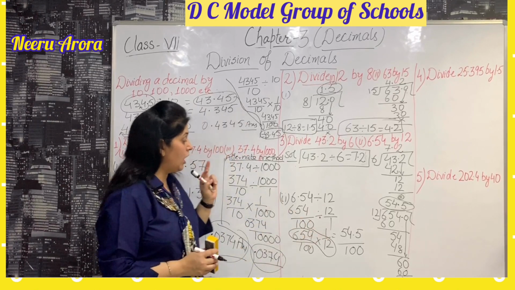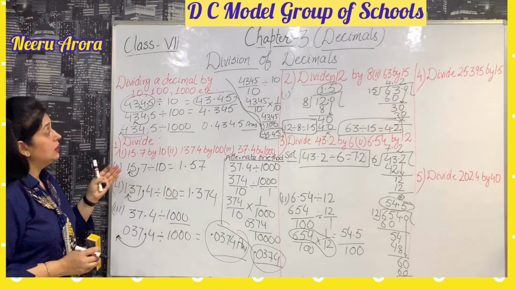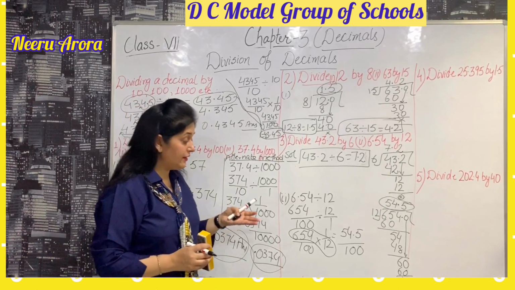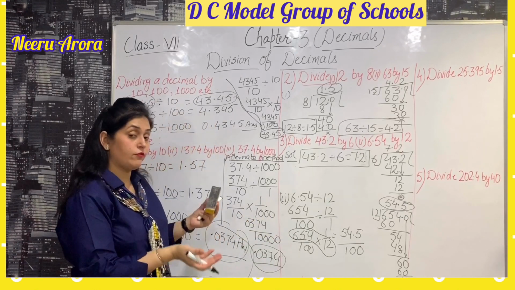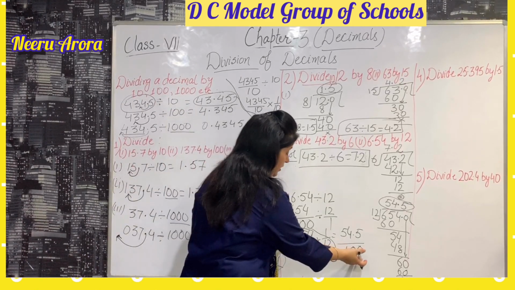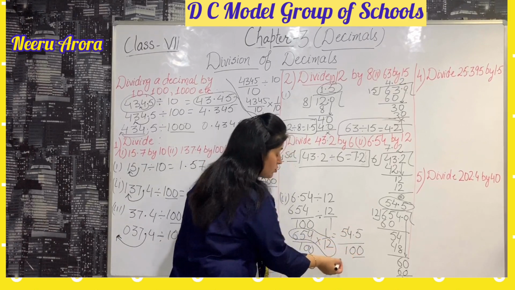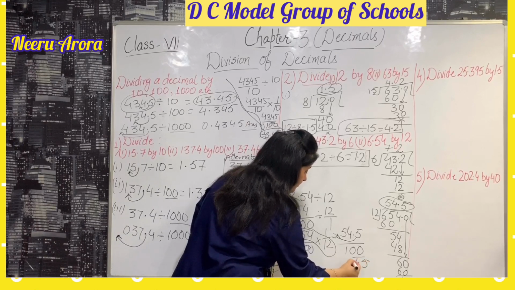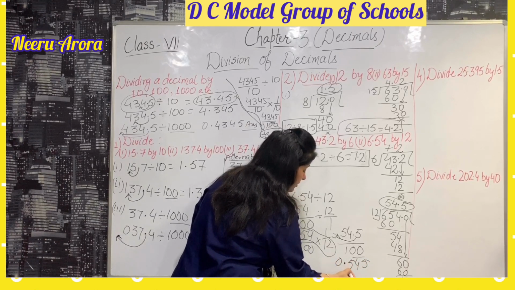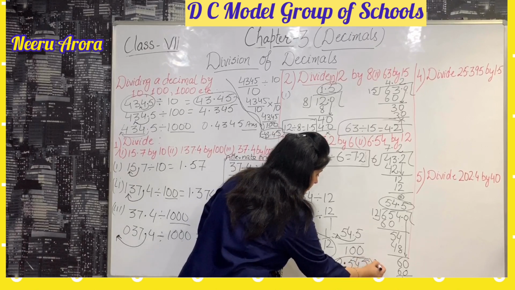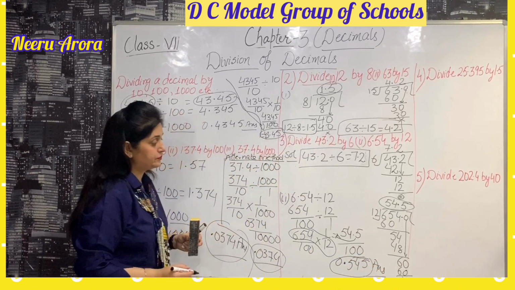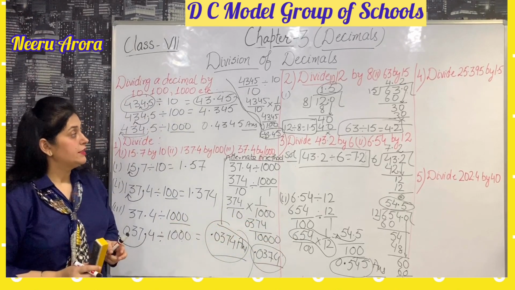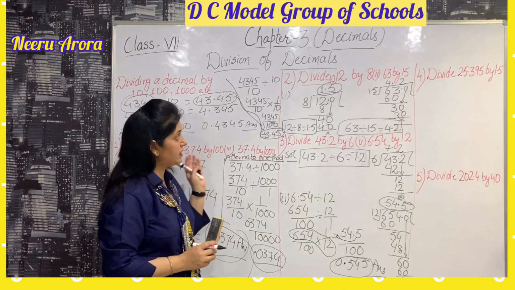So we know how to divide any decimal number by 10, 100, 1000. In that case, the decimal shifts to the left according to the number of zeros. We have the number of zeros 2, so we will shift to the left 2 places. So it will be 0.545. This is your final answer. So this is the second method. You can do it by converting this into a decimal fraction. I hope it is clear to you.